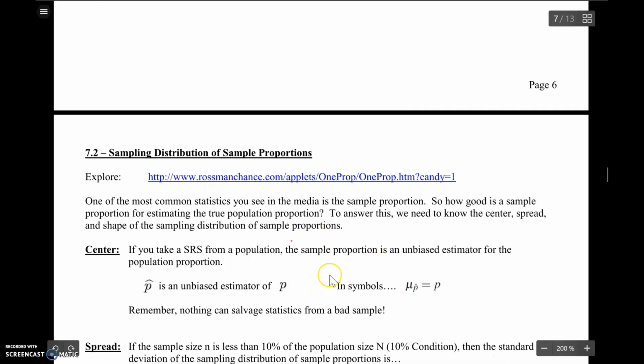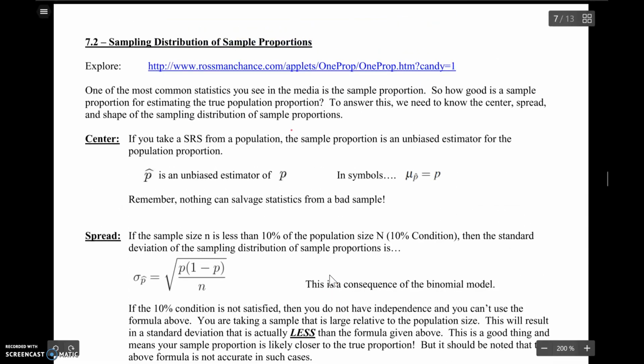All right, section 7.2 is going to go into detail about one specific sampling distribution. That would be the sampling distribution of sample proportions. And then just, as a heads up, 7.3 is going to deal with the sampling distribution of sample means. So these are the two most common statistics in the world, I guess. People talk about,